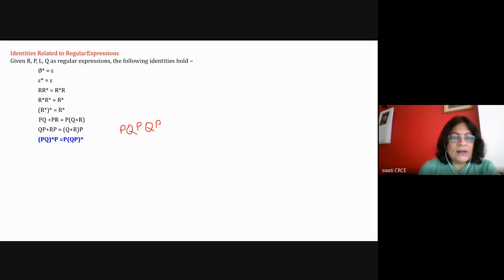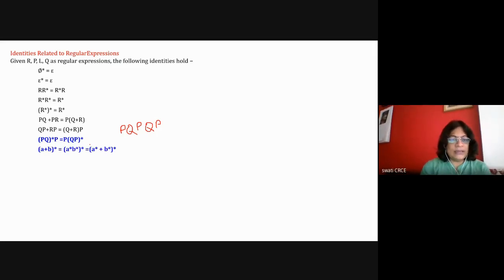Have you understood this? For this particular left hand side of the regular expression, I said that I have a string PQ for 2 times and then 1 P, because this is the compulsory P. So I have taken the string PQ PQ P. Now I want to verify whether this is equal to this. So first P is the compulsory one, and then afterwards it is QP star. So I can see QP for 2 times. So I have verified this. So this rule is correct. PQ star P is nothing but PQP star. So you can rewrite any regular expression which is of this type into this type.